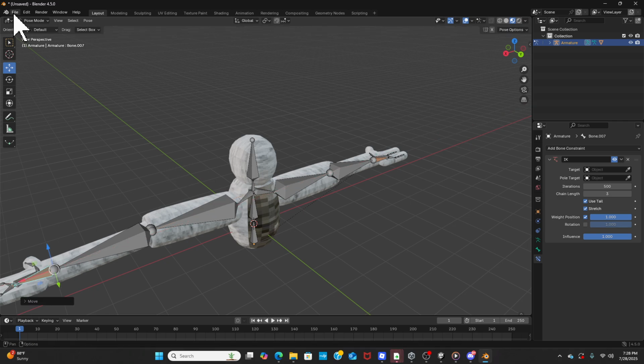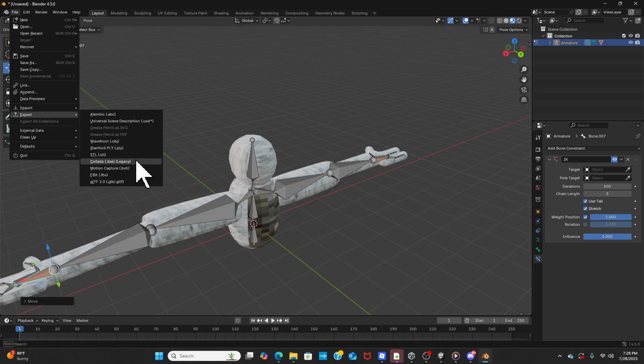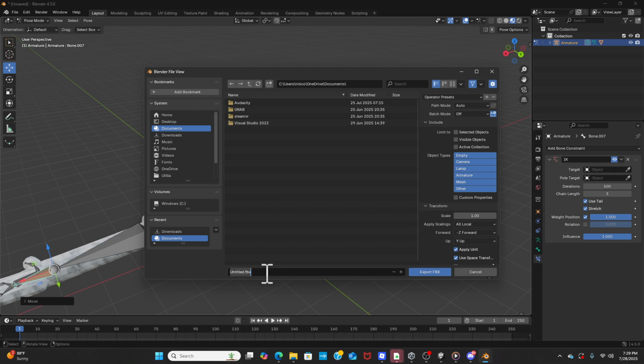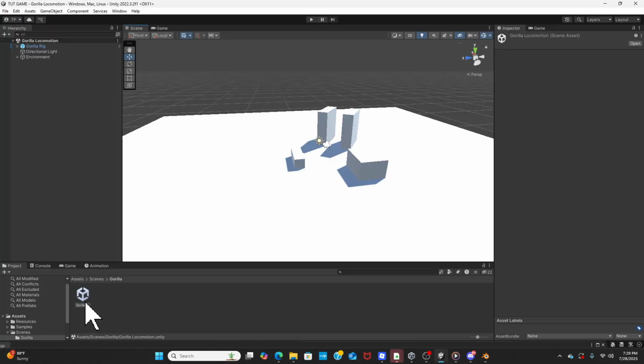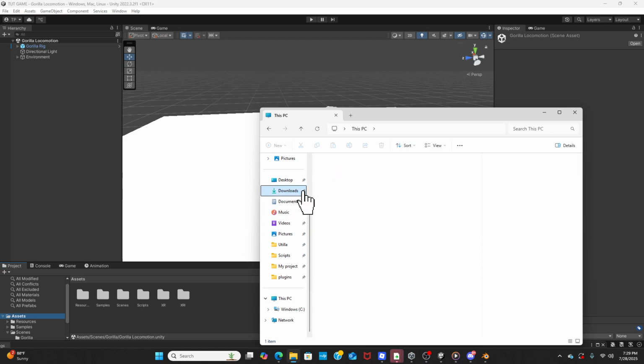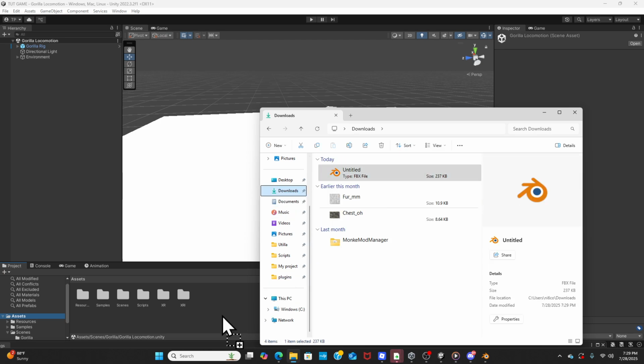Now you're gonna do file, export as FBX, and then call it whatever you want. Make sure you put it in downloads. And then now you're gonna just import that into your game. And that's how you make a